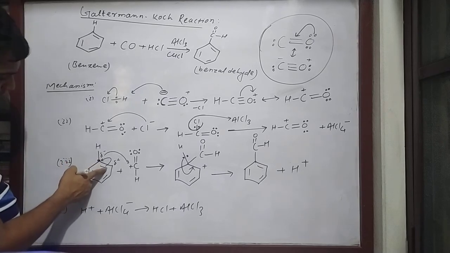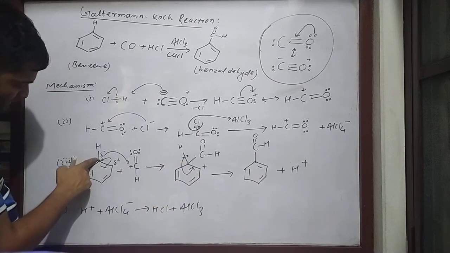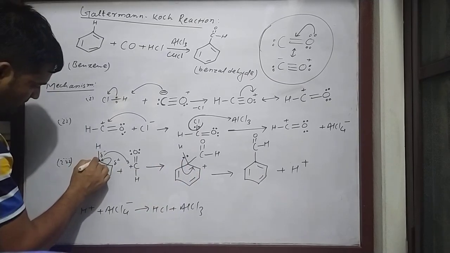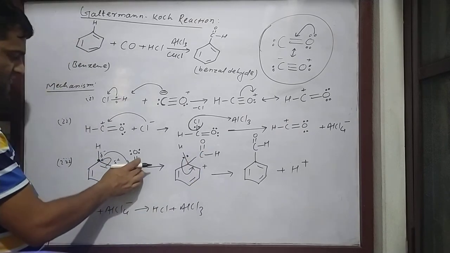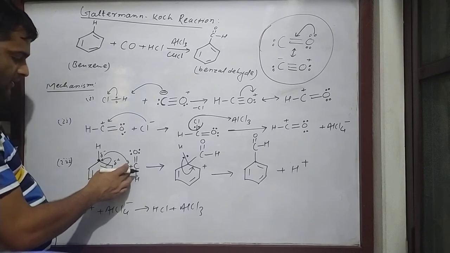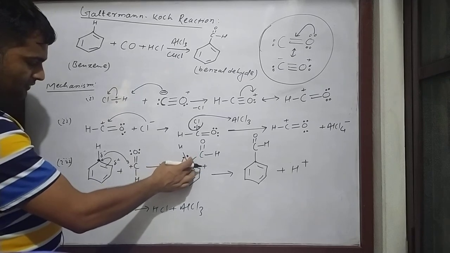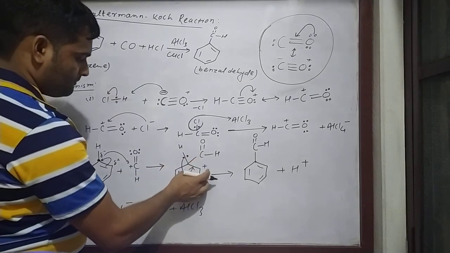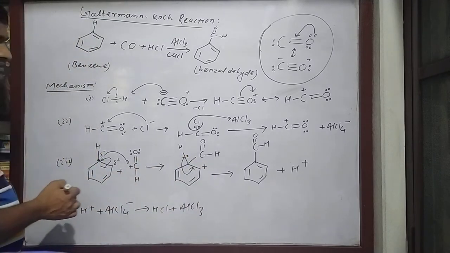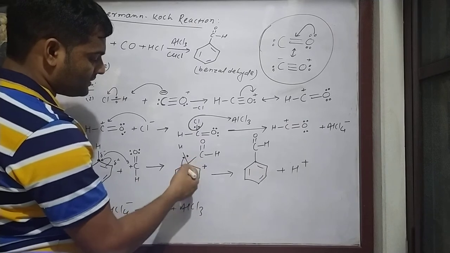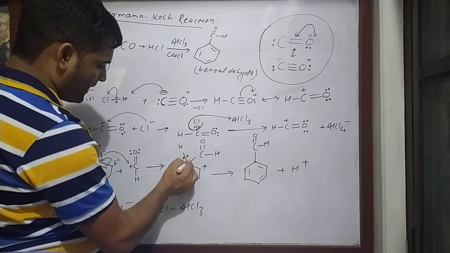When this pi bond shifts towards this carbon, this carbon gains a positive charge and this carbon gains a negative charge, and the negatively charged carbon forms a bond with the positively charged carbon of CHO. Then between this carbon and the positively charged carbon there is formation of a bond, and it gives a positive charge at the ortho position. And in the next step it undergoes cyclic resonance, and finally to give the product, the carbon-hydrogen bond